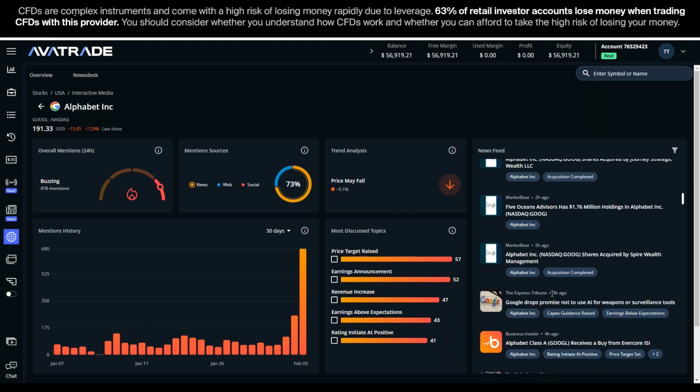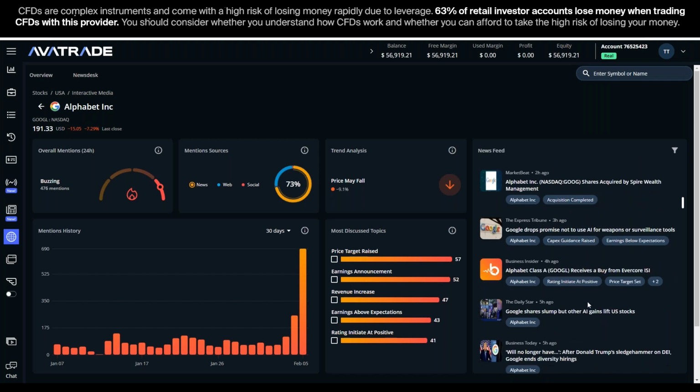Here's another article just from 3 hours ago. Google drops promise not to use AI for weapons or surveillance tools. Sounds like they want to open new markets for their AI tools, maybe to help their share price out. It looks like they will market their products for weapons and surveillance use. So you could read that article. That's probably maybe a bullish story long term if they're going to get into selling their AI tools to more buyers in different fields. You might read that article. You can click on it and read it.